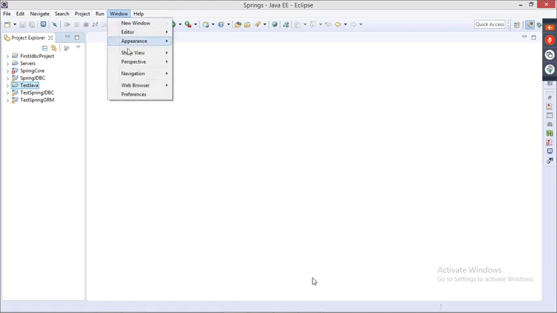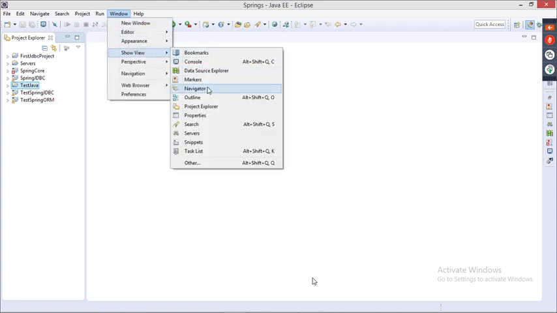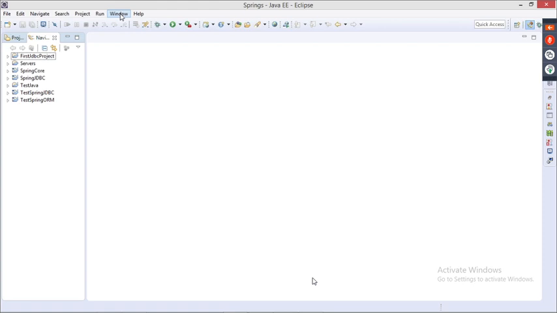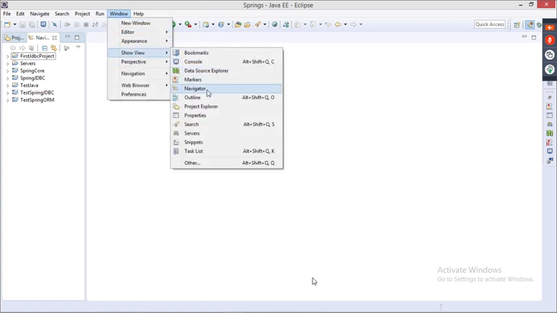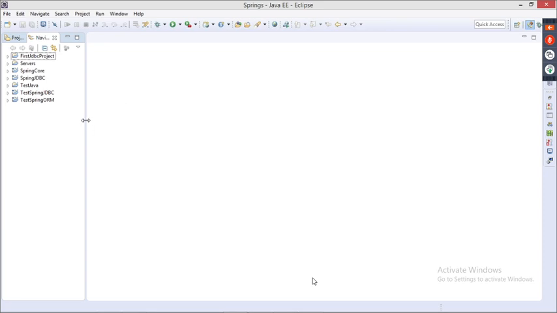After that, go to Window, Show View, Navigator. Do the things practically. Window, Show View, Navigator. Again, I'm repeating, guys: Window, Show View, Navigator, and select Navigator. That's it, just click on Navigator. Now, we know, guys, if we want to write any program, first we have to create a